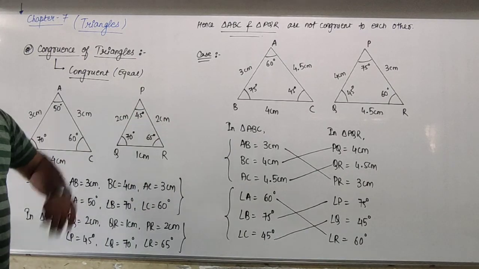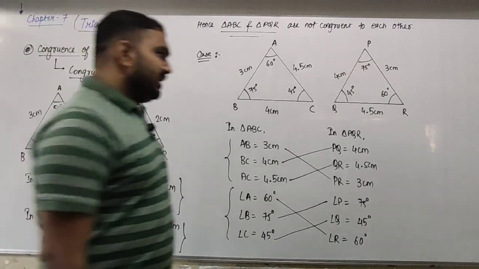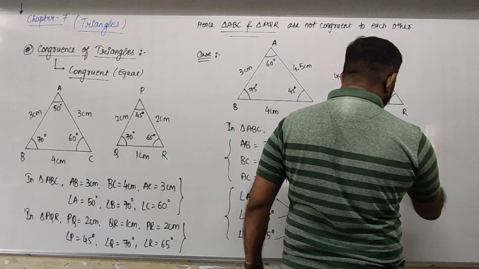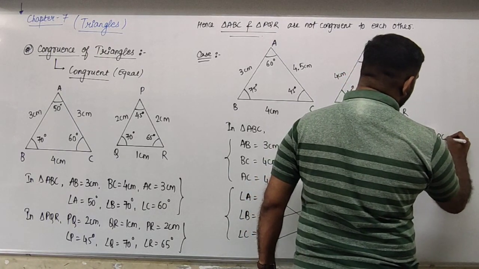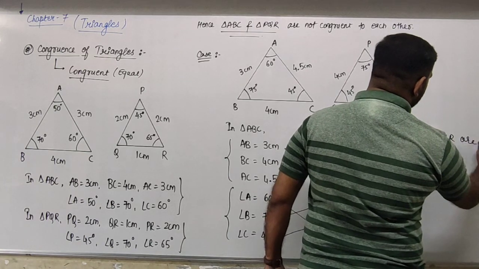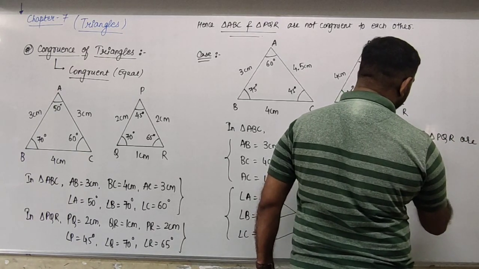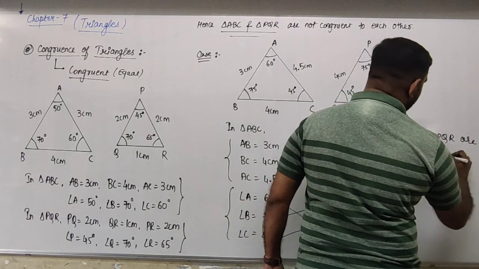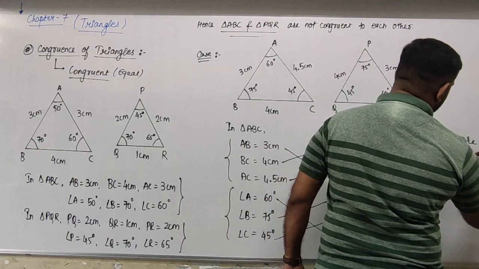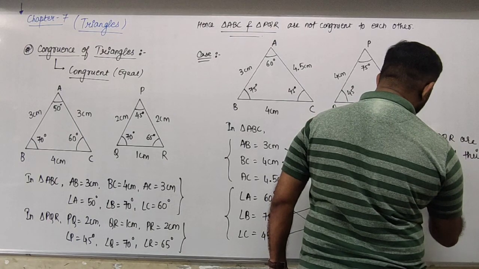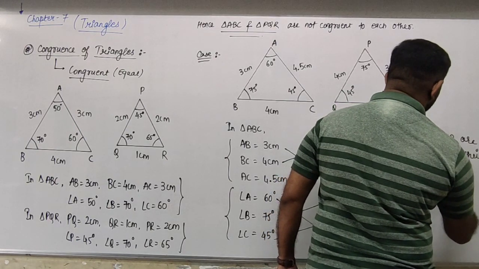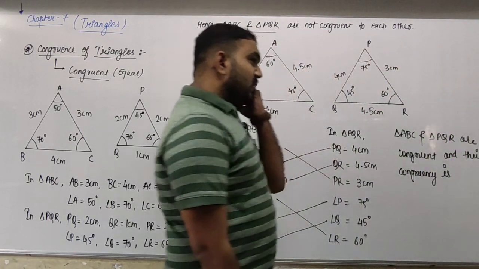Based on this thing we can say that triangles ABC and triangle PQR are congruent and their congruency is